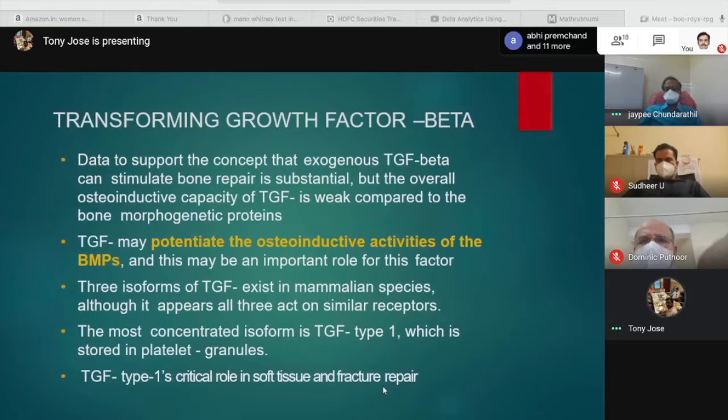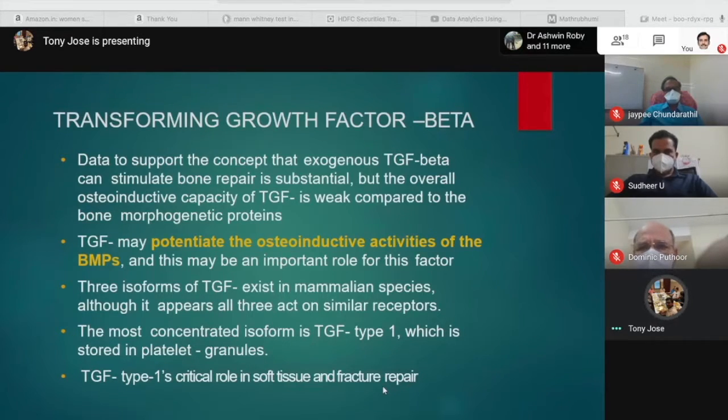Next growth factor is transforming growth factor beta. Data to support the concept that exogenous TGF beta can stimulate bone repair is substantial, but the overall osteoinductive capacity of the TGF is weak compared to the bone morphogenic proteins. This TGF may potentiate the osteoinductive activities of the bone morphogenic proteins, and this may be an important role for